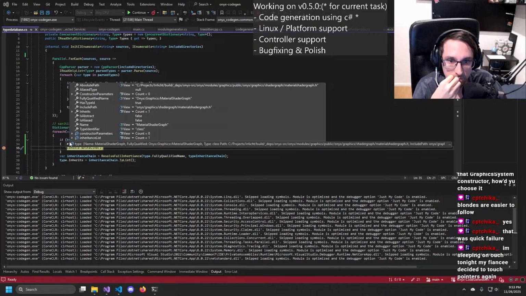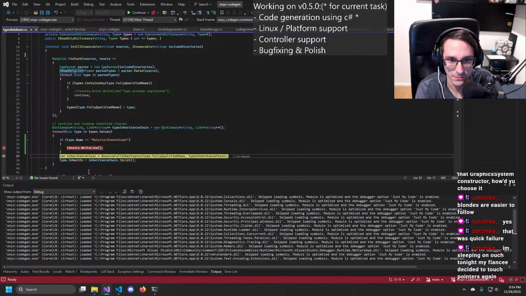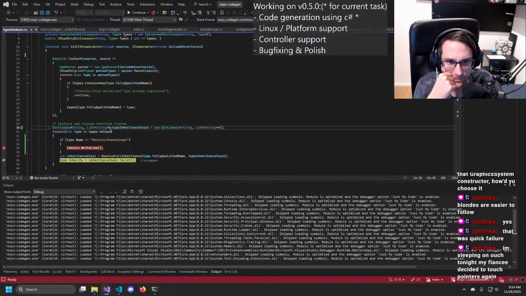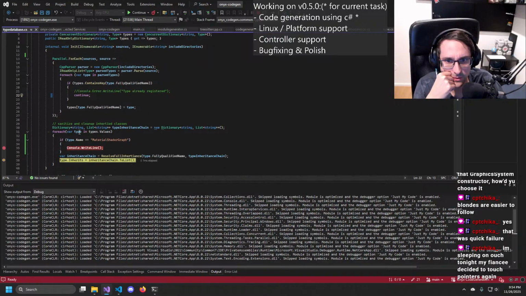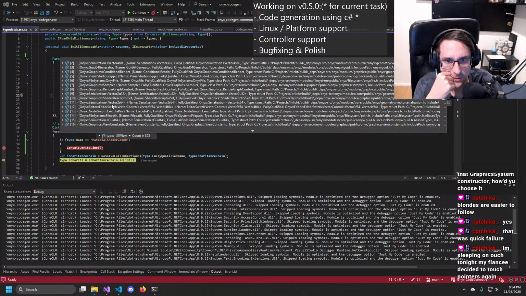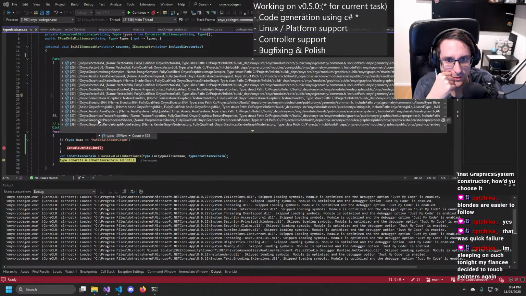Okay. And that inherits from shader graph. And that inherits from Onyx shader graph. Do we not have the assets here? No, we have assets here.